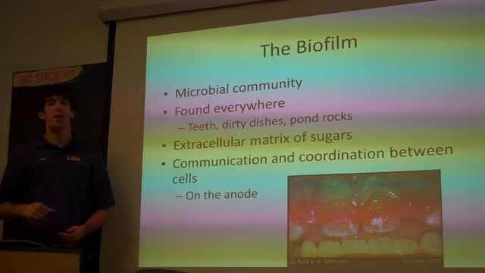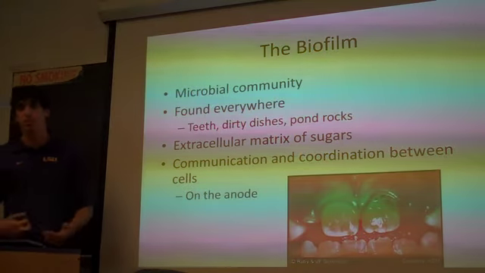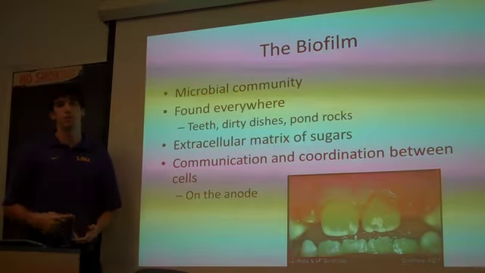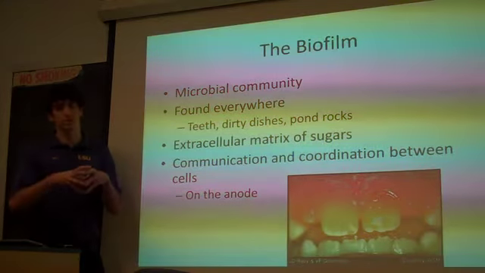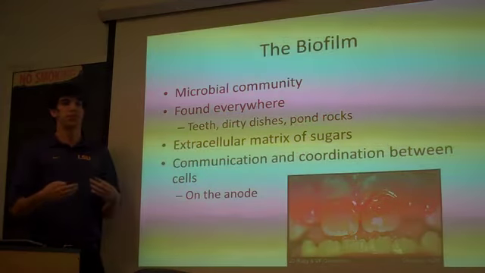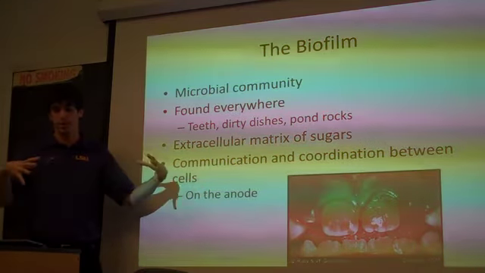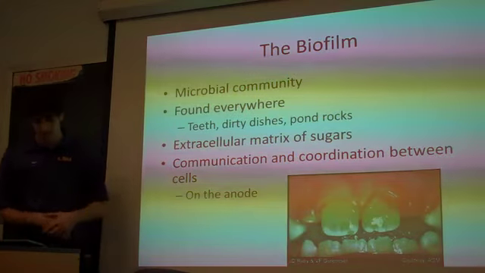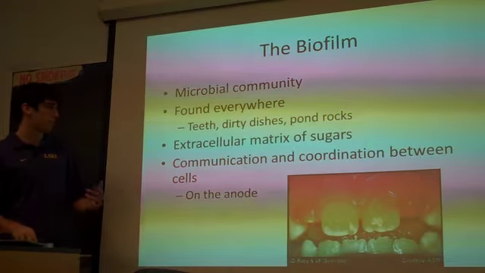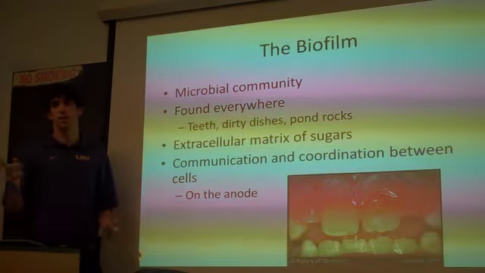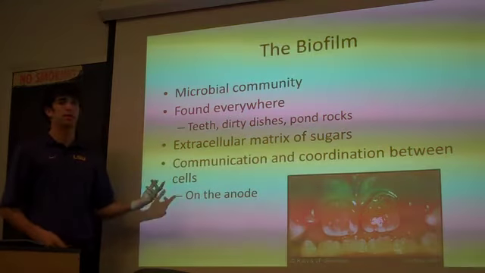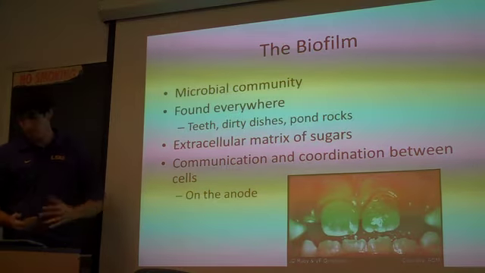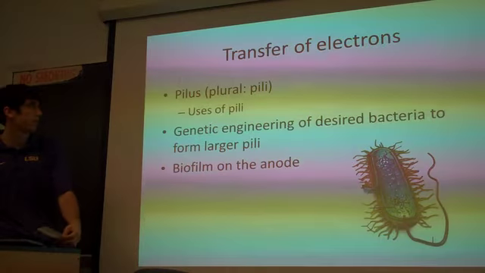And what biofilms do is they're microbial communities, and they live in an extracellular matrix of sugars and proteins. So all these microorganisms living together will secrete proteins and sugars, and it creates this outer layer that's kind of like a shield. It aids in attachment, and it also helps them communicate. And what researchers have found is that electrons from their metabolism can actually go through the whole biofilm and onto the anode. So that's how we're getting the electrons out of them.